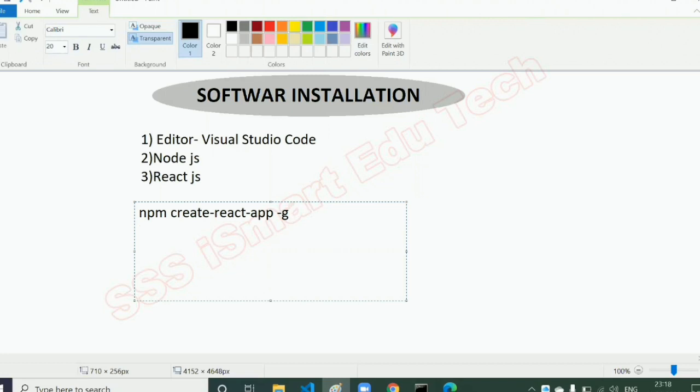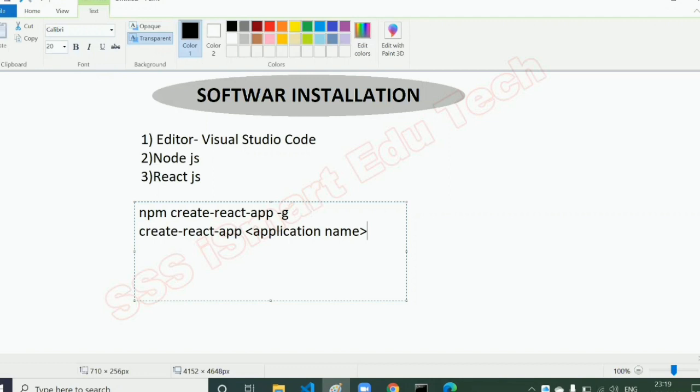Once you have done this, now we have to create one folder in some drive. Then we have to open that particular folder from Visual Studio. Once you have opened it, now we want to create a React application. So to create a React application, we have a command. What is that command? create-react-app, and you have to give the application name. Any name you can give. And you have to remember that the application name should be in small letters. It should not contain any capital letter.